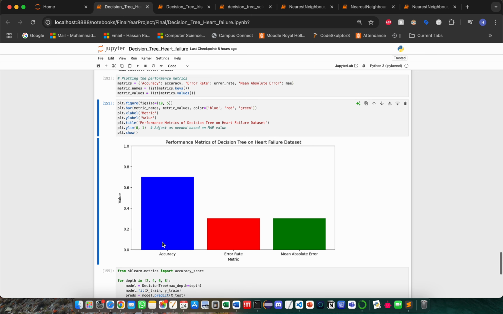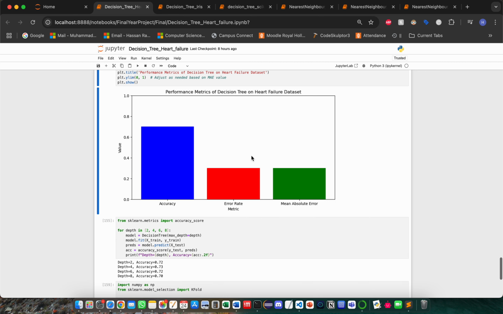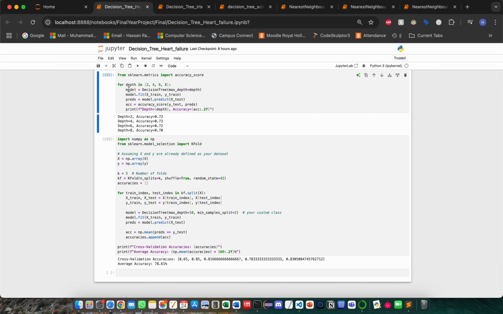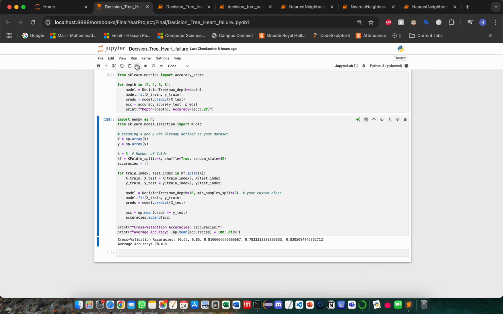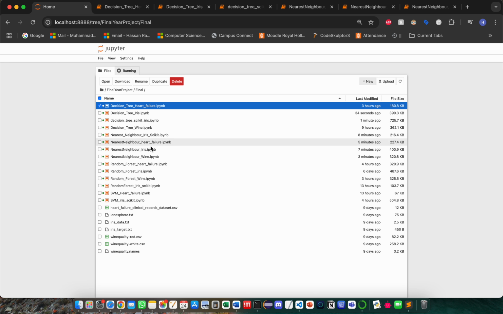And we do the same graph that we did for iris, where accuracy was 1, the rest was 0. Now you can see the difference between iris and heart failure dataset. For each depth of the tree, it's telling me the accuracy, and then we can get the average accuracy using cross validation. Alright, let's move on to the decision tree